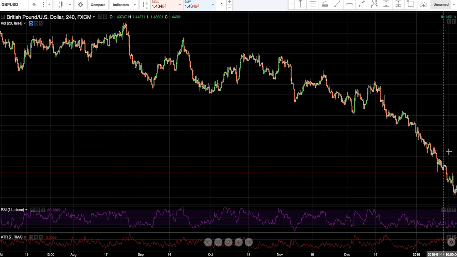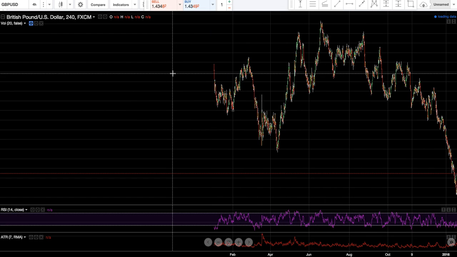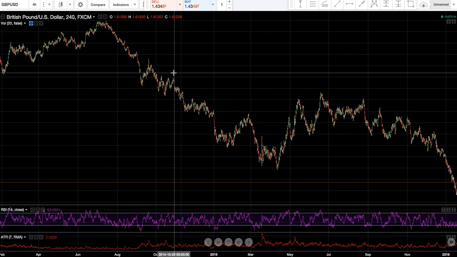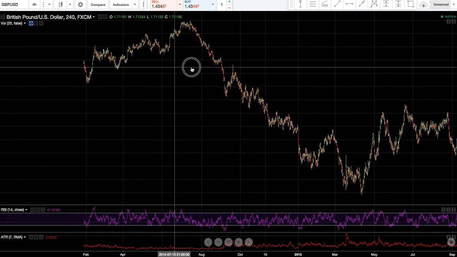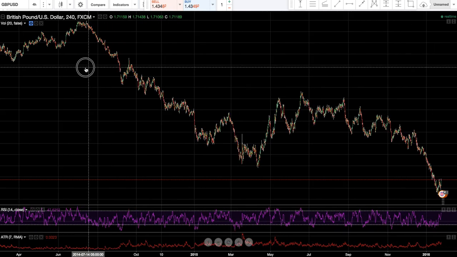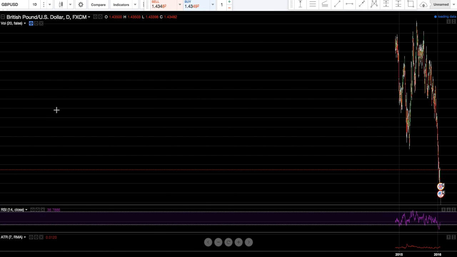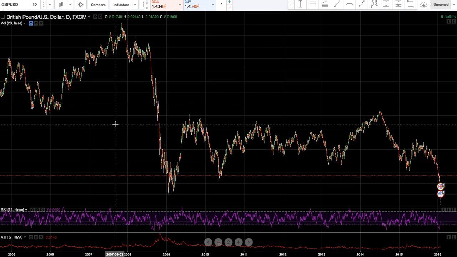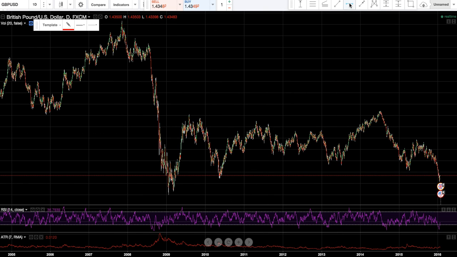You just begin taking a look. Do we have some structure? Right? I don't see any structure on the 4-hour. If I can't see any structure on the 4-hour, I bump up to the daily just to see. I'm not saying that I will be trading anything as of this moment, but you can start by dropping in